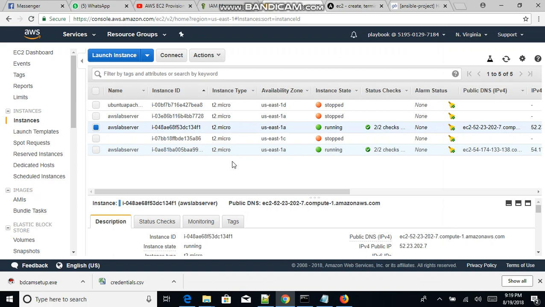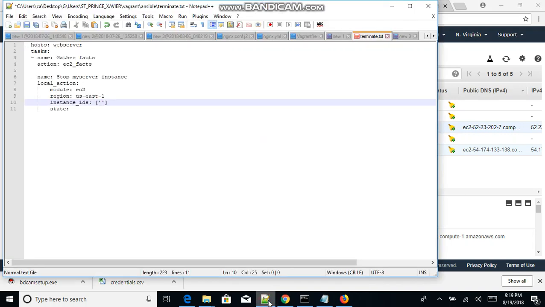If you don't know how to start that, it's really easy. From your console, you could just launch an EC2 instance here. Or you could go to my previous video and see how we use the playbook to start an EC2 instance and just follow those details. You just get your instances running. Now let's go to the playbook and let's see how we could use playbook to actually start